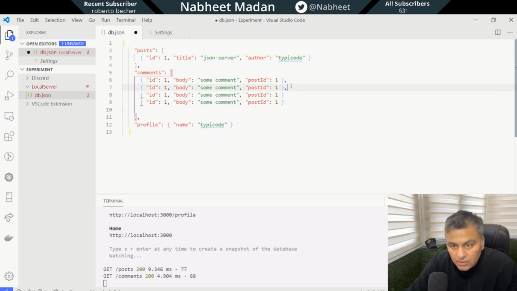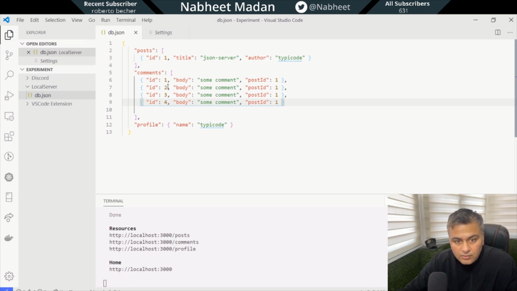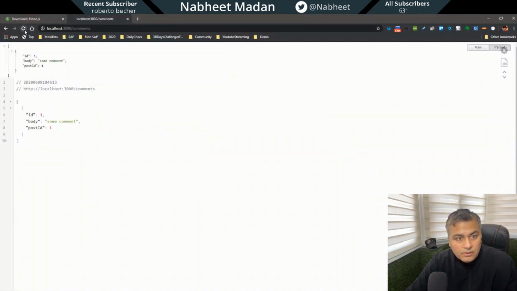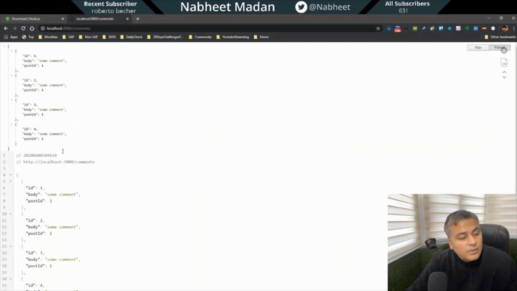So it's like your own local JSON server which you have set up. If you refresh this, you see all these comments. It's very straightforward, and I find it very handy. So maybe just to get around and feel comfortable, you can use the same. Thank you. I hope it clarifies your doubt.